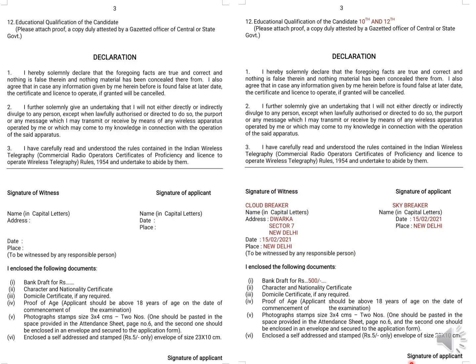Next is the bank draft, and we are not going to take the bank draft, so you can just write 500 rupees here. And this is "I enclose the following documents", that is, whichever documents you are going to enclose with this application. I have already given in the first slide itself all the documents you need to submit to the WPC for the exam, so disregard this, and you need to put the signature here.